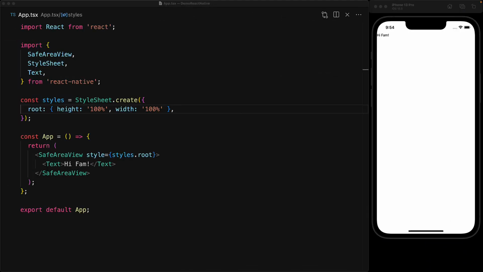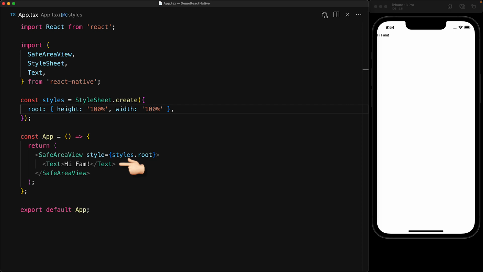A fun fact about the style prop within React Native is that it supports style objects created within a style sheet, as well as raw style objects, as well as arrays containing a combination of the two. And we will look at all of these features and discuss best practices in this tutorial. So let's go. We start off with an empty project with a simple piece of text that is currently displayed